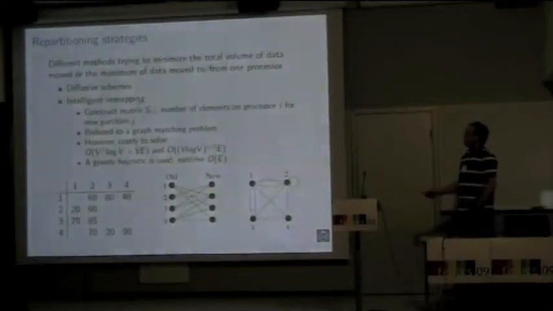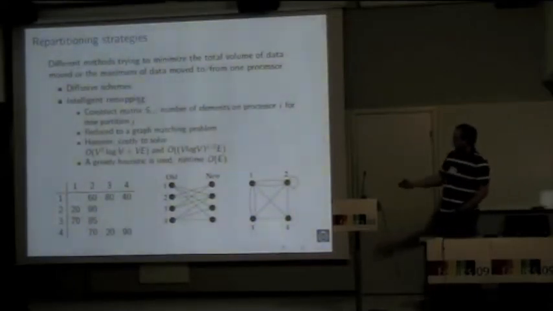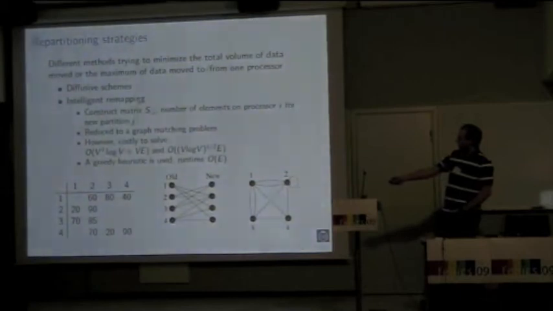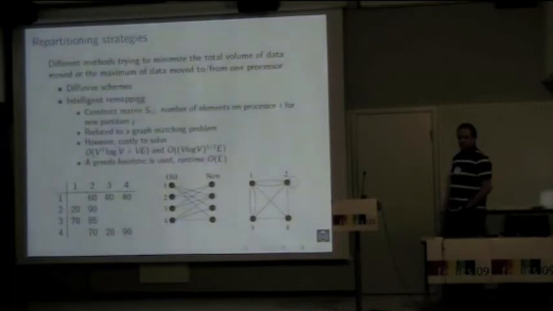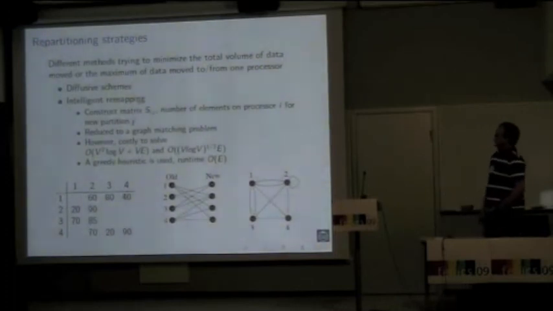So what you do is that you construct a matrix with the elements. In this case, processor number 1 wants to send 60 elements to processor number 2. And it depends on which metric you want to minimize. So if you want to minimize the maximum